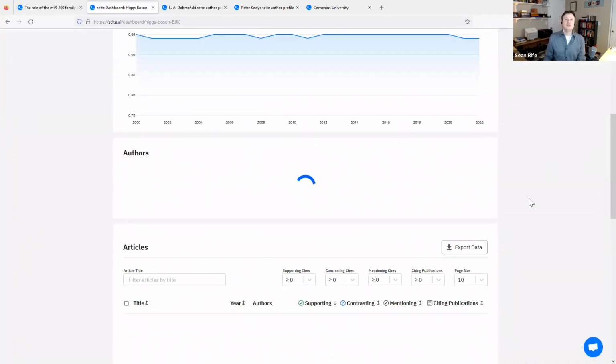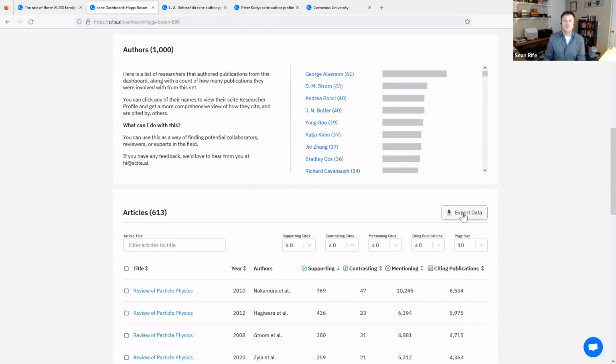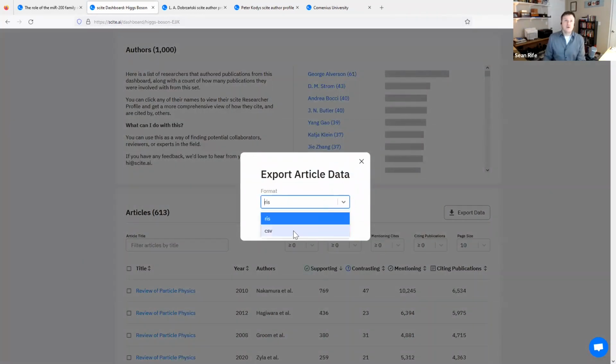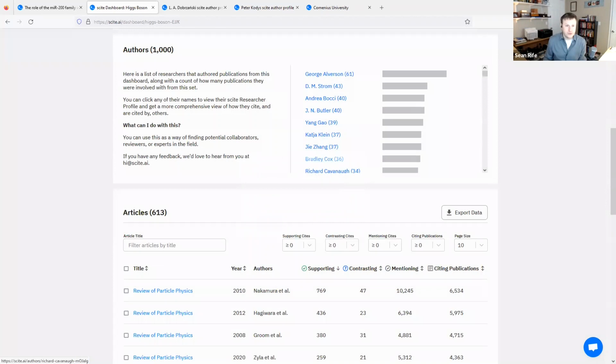If you want something you can copy and paste into another piece of software, you can export that list as either an RIS or a CSV file, and then use that to create, say, a table or a summary in Microsoft Word, Google Docs, whatever your favorite piece of software is. Hope that answers your question, Tom.